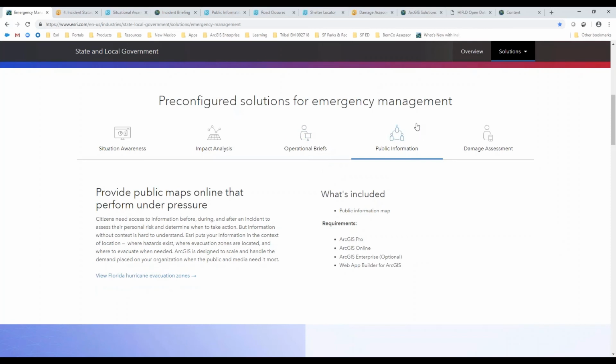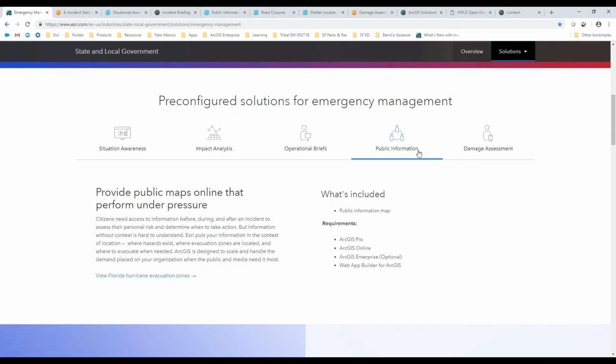And then public information is critically important, getting the right information out to people that need it in a timely manner. So that would be the authoritative and complete information that you can provide about the existing disaster and response, in an effort to keep folks out of harm's way, right? To evacuate when needed, or to stay away from unsafe areas. And then also to simplify,